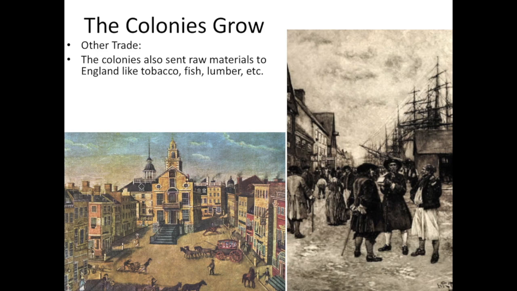In fact, I would ask you to draw a line from the east coast of North America over to roughly where England is. And then you can draw a line from England